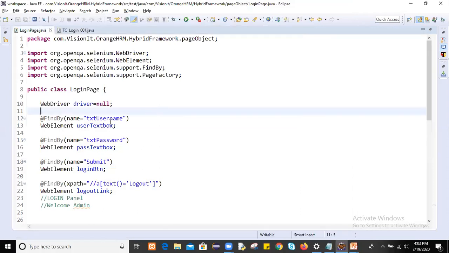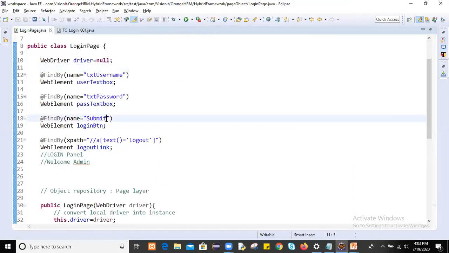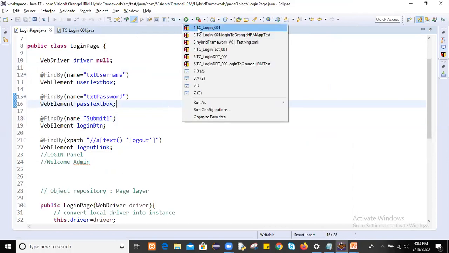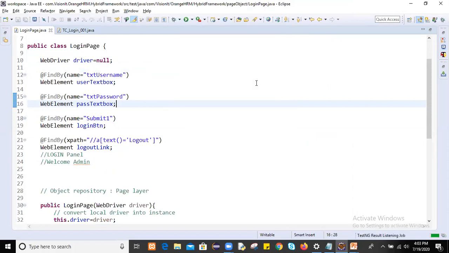Okay, let's suppose I make it fail, guys. How will you fail it? Instead of submit, I will just write submit1. Okay, and let's run again. From here also we can run test login 1.